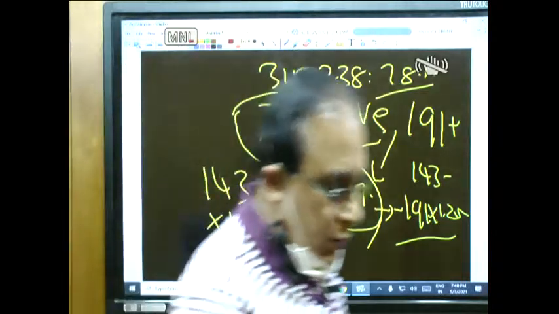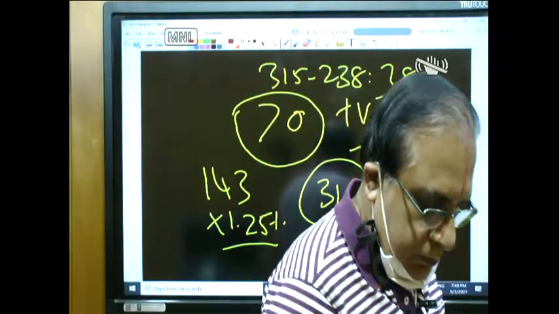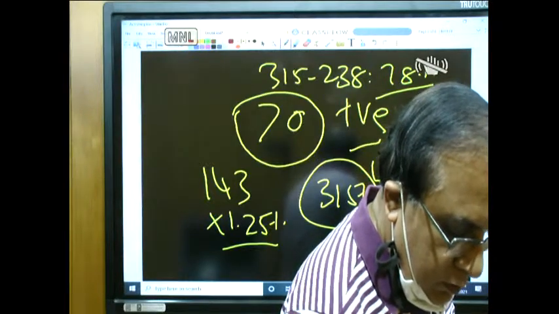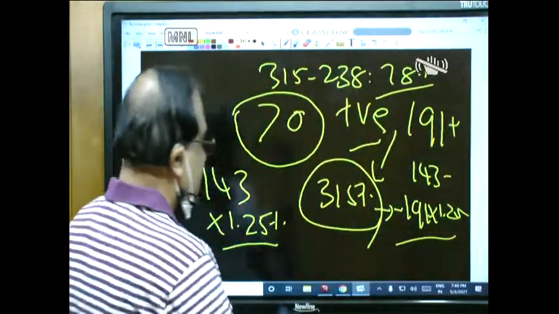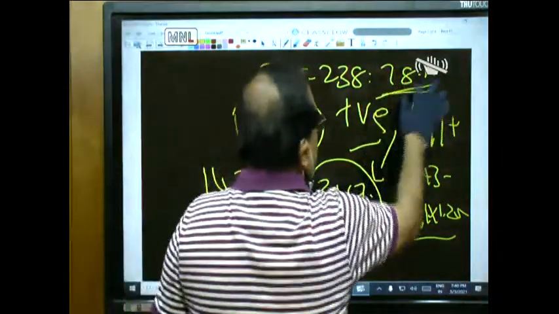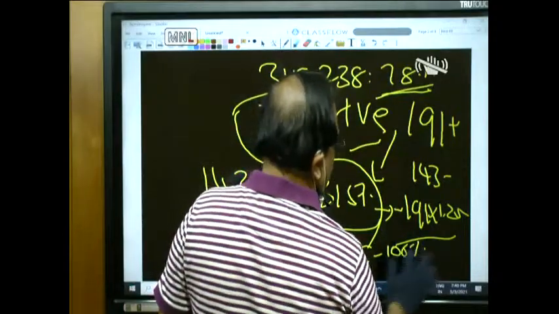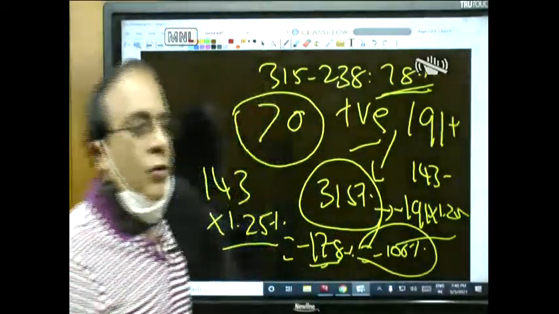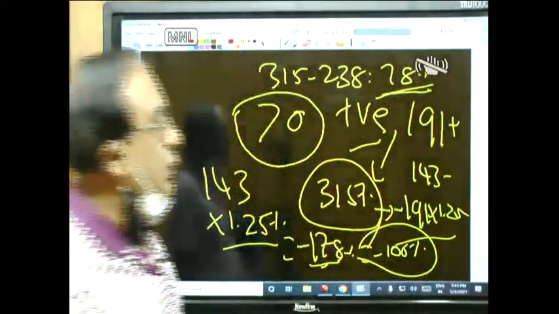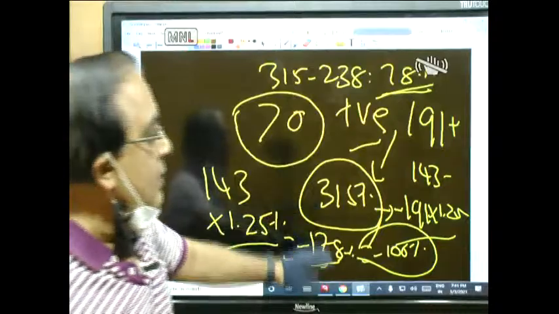So 143 into 1.25 is 178. So this was minus 178%. Here you got 78 in this positive week, minus 178, that means minus 100%. So that means a buyer of an option would have definitely lost. A buyer of a futures would have anyway gained, because there is always a movement which would have given him